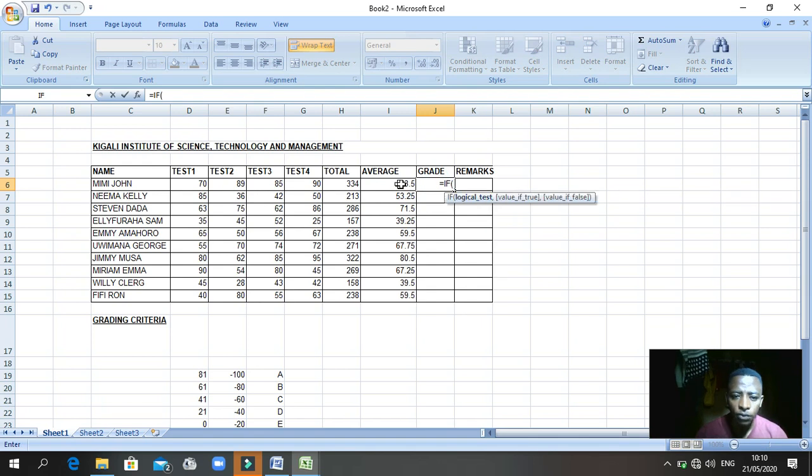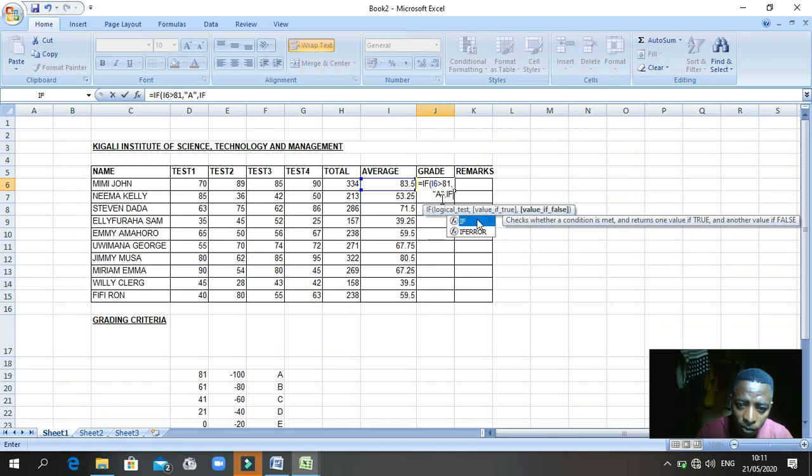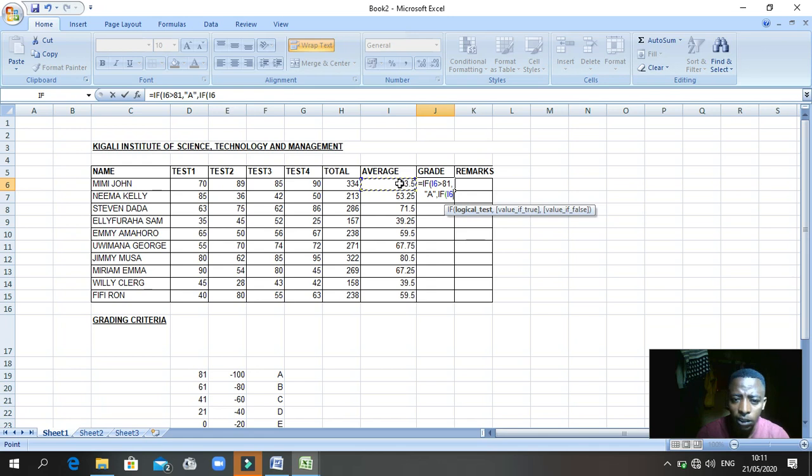You say this logic: if this average, which is in I6, is greater than 81, we are going to grade as A. You give a grade of A. And also you say IF, continue to use IF with this average, the one column, the one logical test, in order to scroll all the way down. If it is greater than